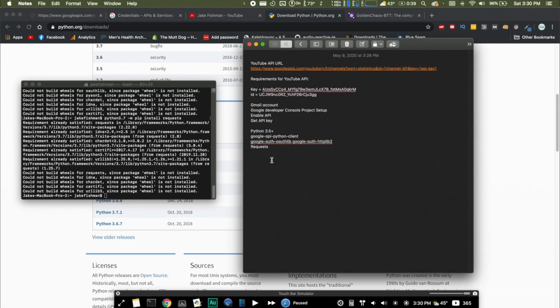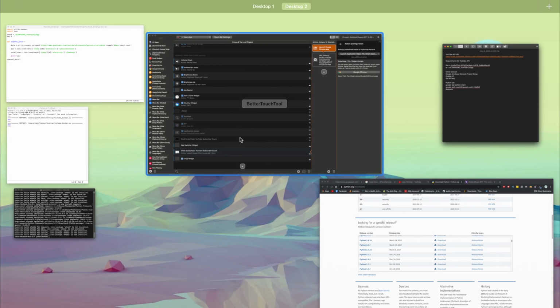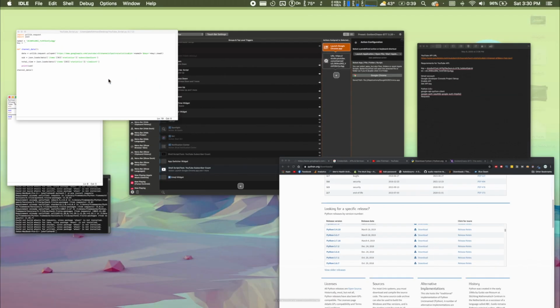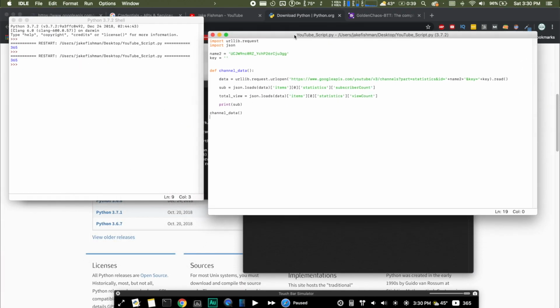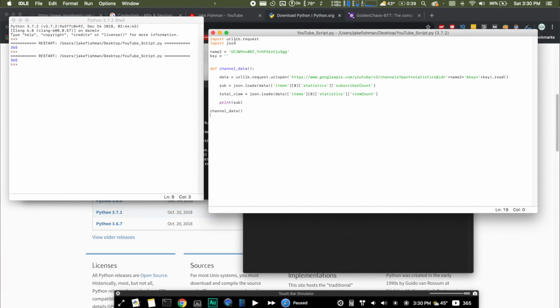So all the modules are now installed. Python is ready to go. So I will give you guys this Python code so you don't have to write anything. URL lib is a package and JSON is a package that are pre-installed with Python, so you shouldn't need to download those two. So what we're going to do here is take the channel ID